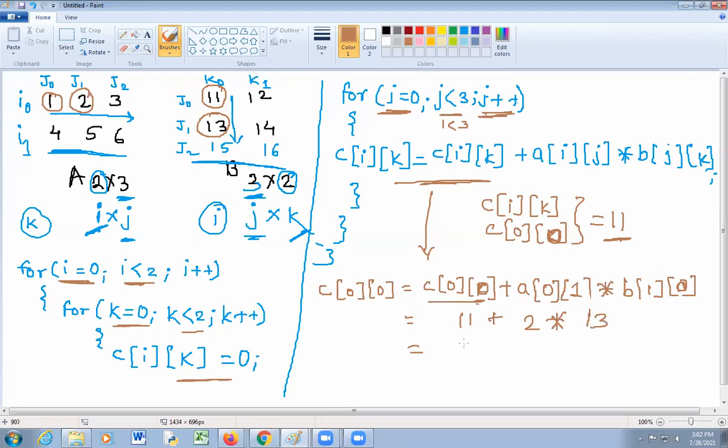So 11 plus 26, you will get 37. So c of 0 0 is equal to now 37.